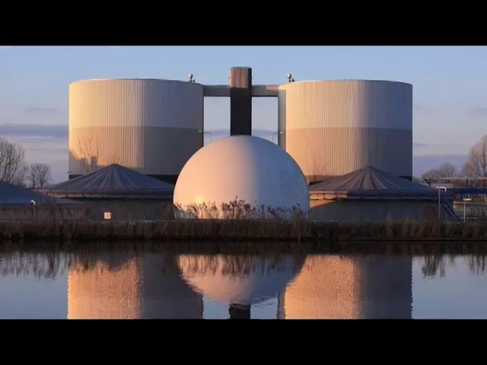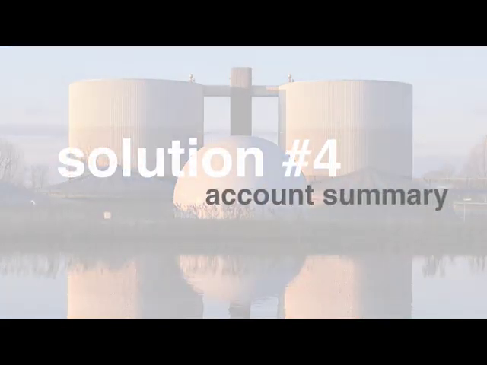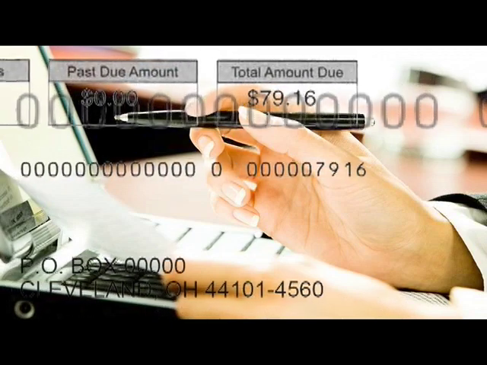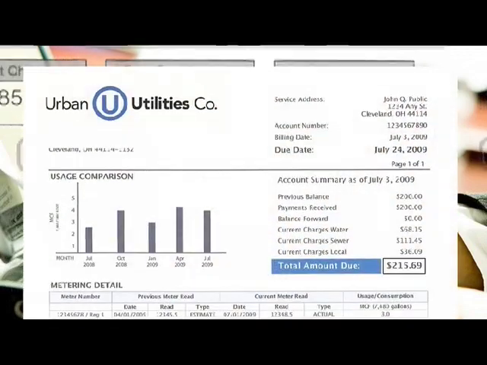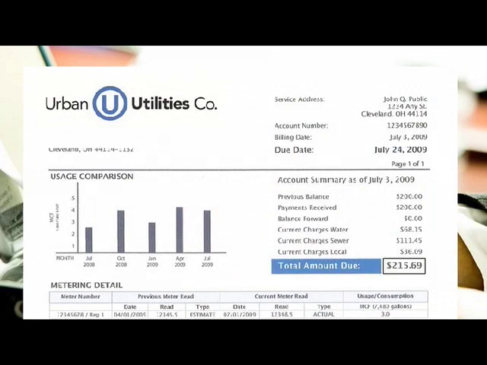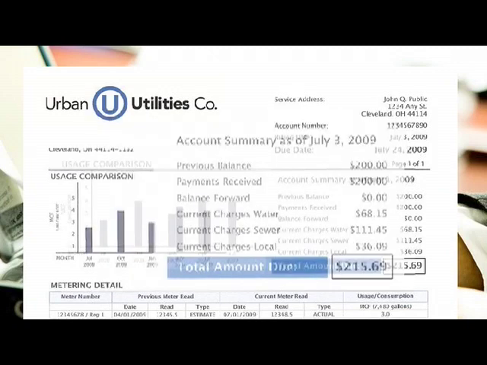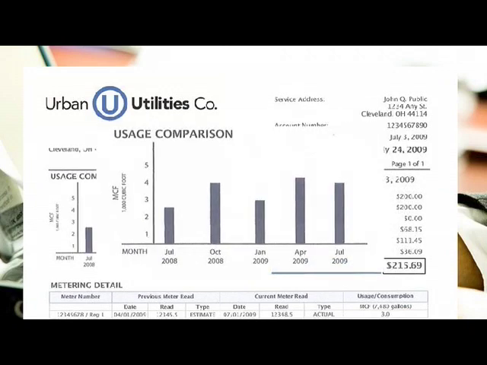The purpose of any bill is to provide customers with details about what they owe and the payment due. But simple as that may sound, it's frequently not easy to find. On our new bill, all account information appears right at the top, clearly itemized, with the amount due highlighted in a bold black box. And placed right next to the usage comparison chart, it's easy to see both month-to-month usage